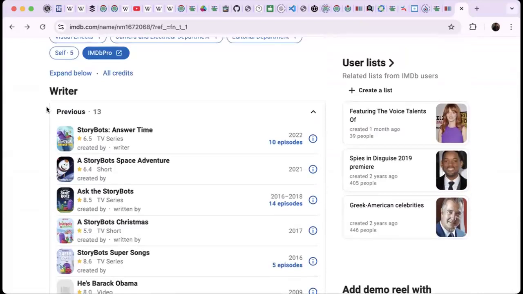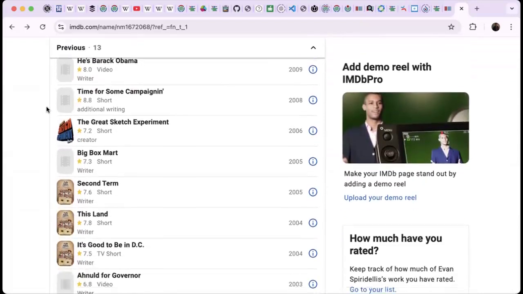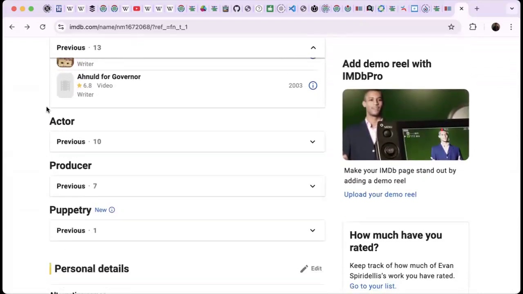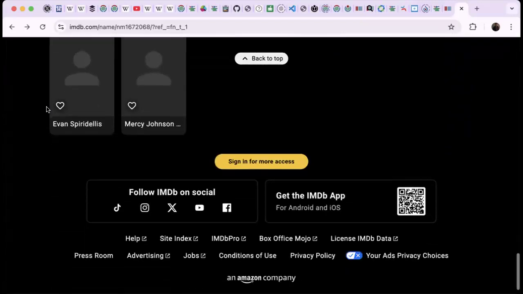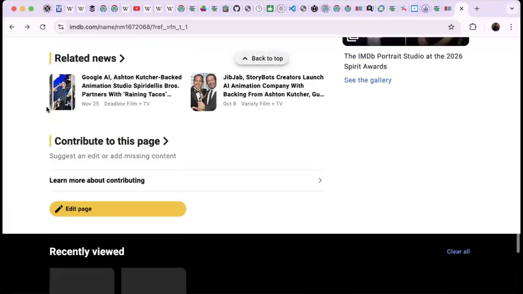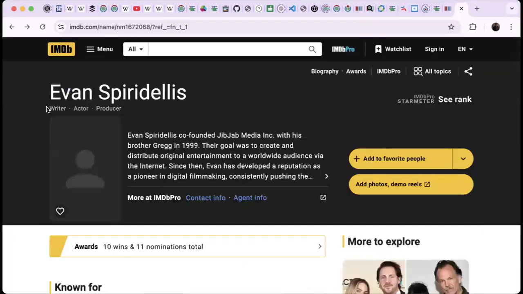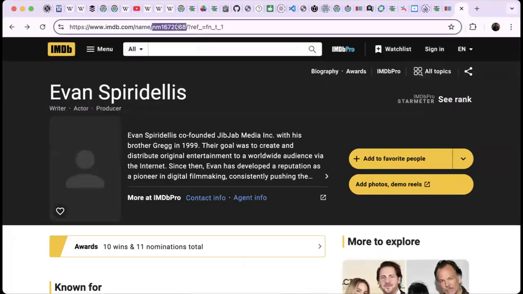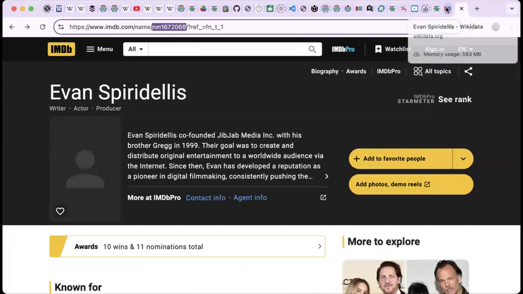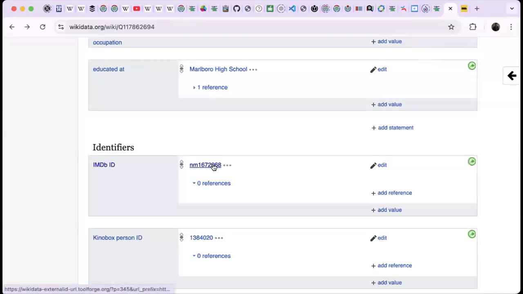It shows you. Let's scroll down. Shows you all the details you need to know about him. And if you want to get his unique ID, I usually get it from the top here. You can see the unique ID here. NM1672082068. So this is it. NM167208. Whenever you type it here,